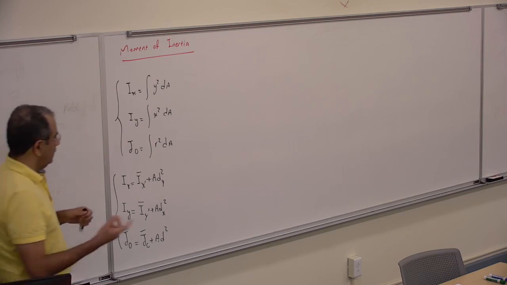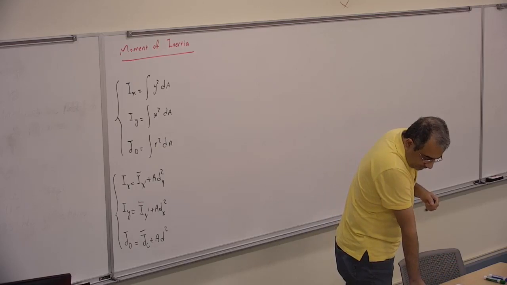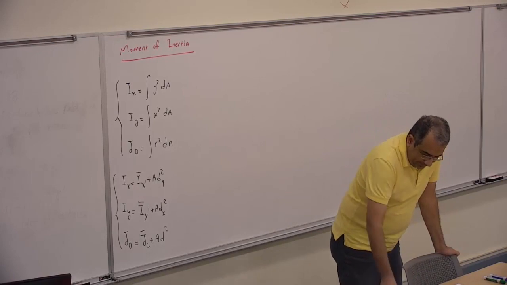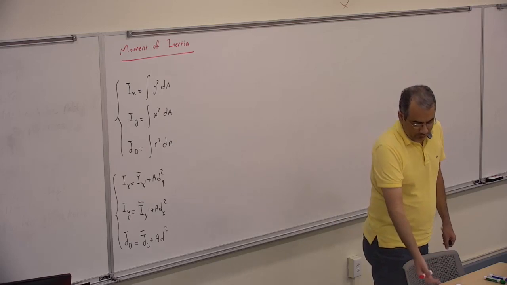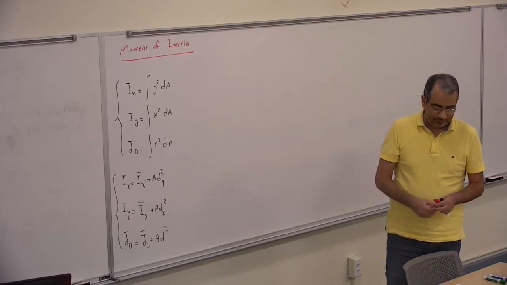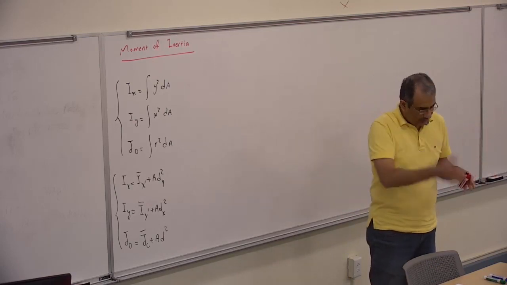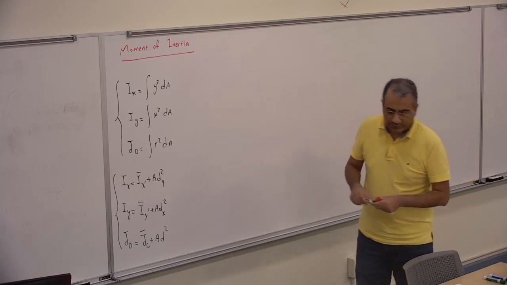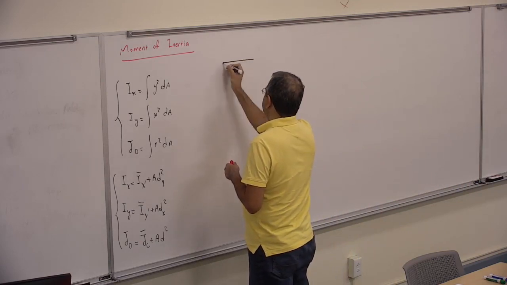So, first example, page 511. Just a simple case. We want to look at how we will do it for the cross section if we have a beam that has a cross section of a rectangle. So we want to look at that cross section of the rectangle and see how we can find the moment of inertia for that. So if I have a rectangle like this,